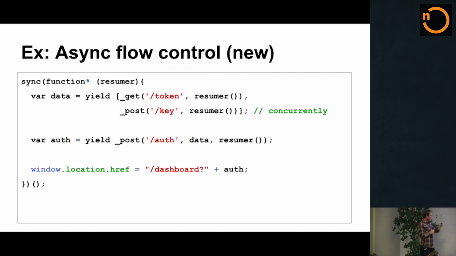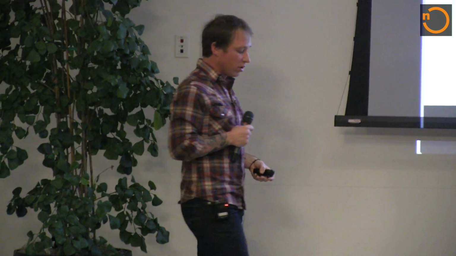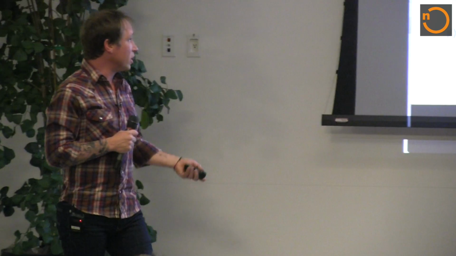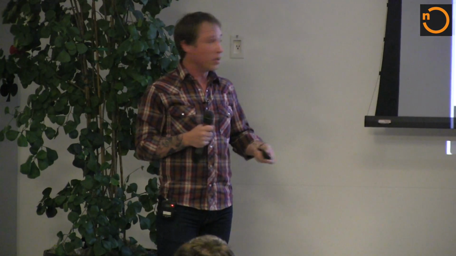Then in series, as the next thing in this series of things I want to do, I do a post to auth, passing the data that I got from both of those two asynchronous operations. When that is done, I have the variable auth holding the result of this post to auth. And then I move down to window.location.href, changing the URL and passing whatever I got back from post to auth. So it's pretty clear to differentiate between the things that you want to do concurrently and the things you want to do in series. It looks very similar to something that you're going to find in a programming language that typically uses the direct style, like Java, Python, whatever, only you're not losing any of the power of the single-threaded event loop. You're just suspending the generator function until this asynchronous operation completes.